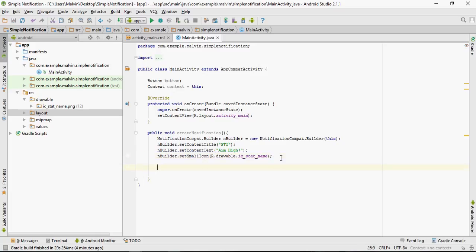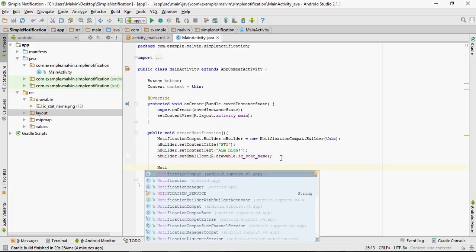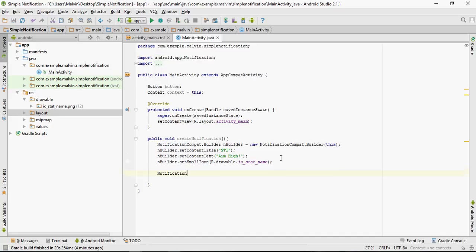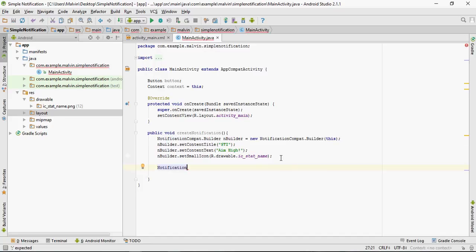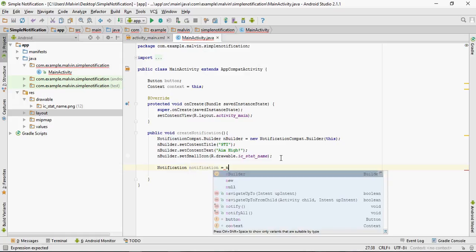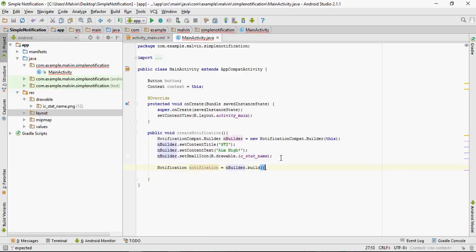So notification is equal to the variable and builder dot build, semicolon.